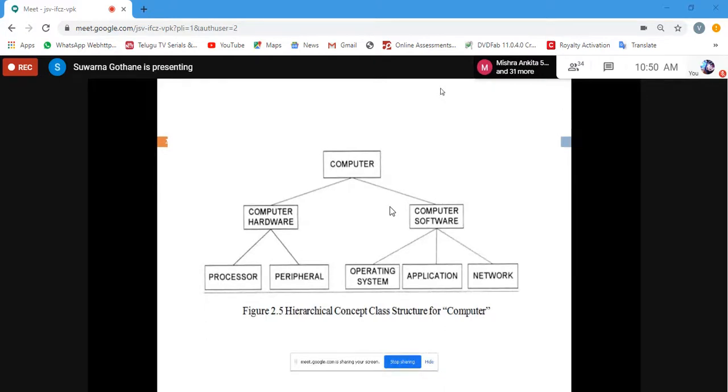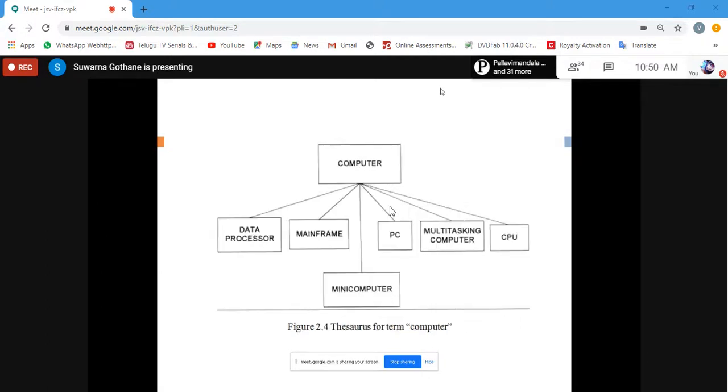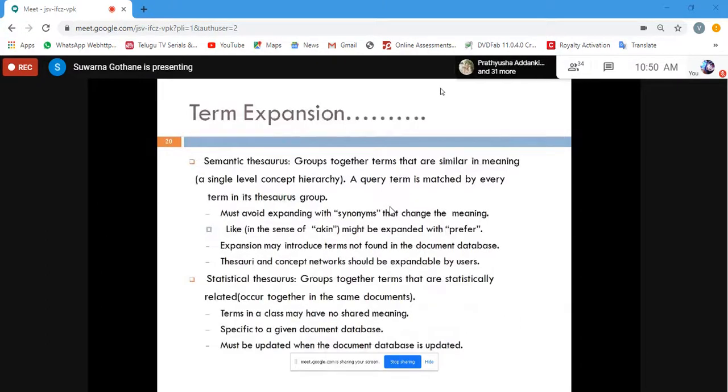This is also one example that can be used under term expansion. The term gets expanded based on the same meaning. Term expansion is majorly understood as depending on semantics. Semantics means one word can have different meanings, so that is considered.